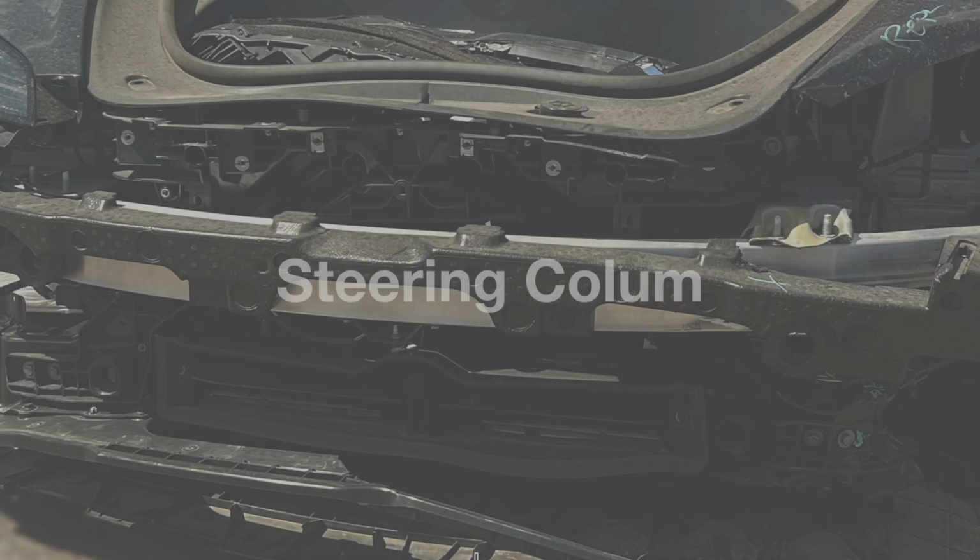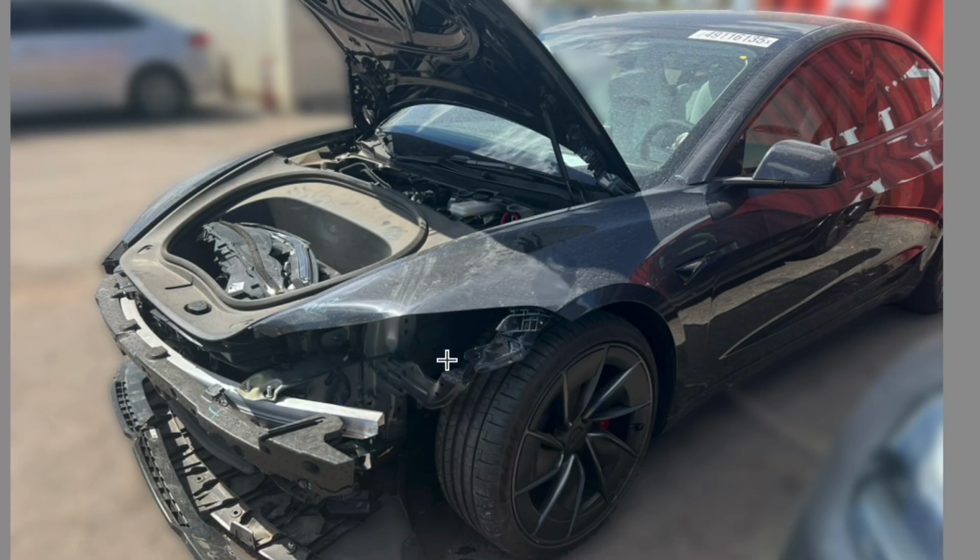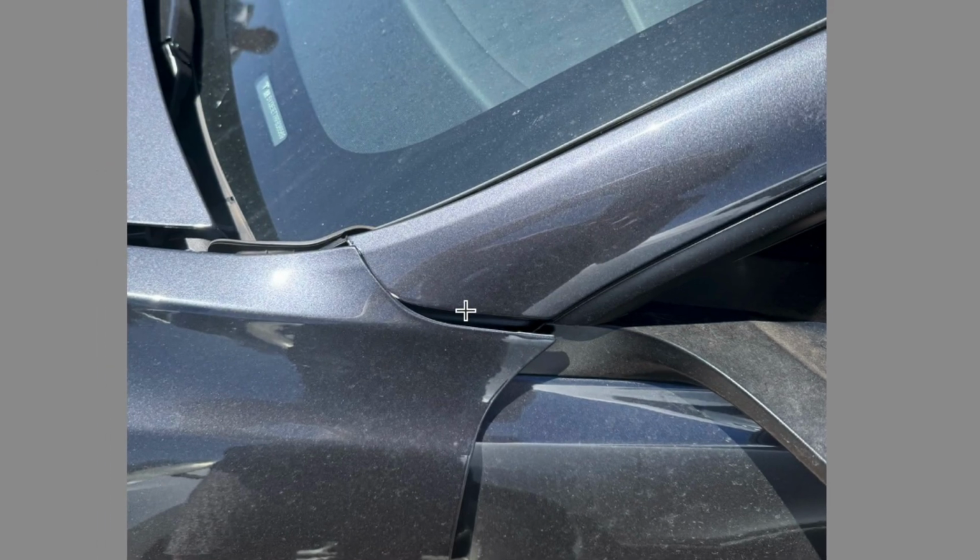We'll go into detail here in just a second when we look at the details, but to give you some other images here. One of the other weird things I found was they said they were going to replace the glass, which as you can imagine is expensive on these cars, but to my knowledge the glass wasn't damaged, so I'm wondering if that's something that Tesla requires with repair. And this is something I didn't notice, so I don't know if this little area here would have affected the door and also this A-pillar,